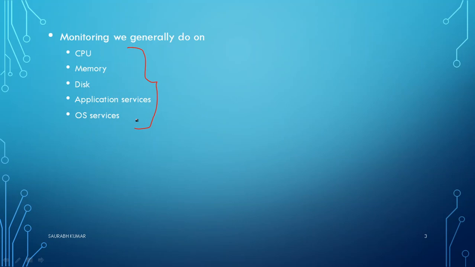What if your resources are being over-utilized? For example, your RAM is showing 90% utilized and your processor is showing 80% utilized. What does it mean? Maybe the application or the service you are running on your machine is consuming a lot of resources, or your machine is slow, and the resources available in your computer are not sufficient or not enough, right? So in that scenario, what do we do?